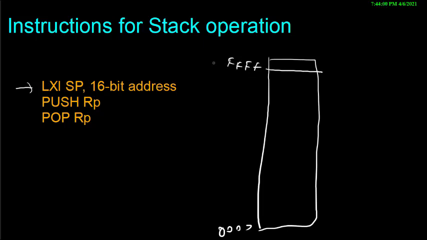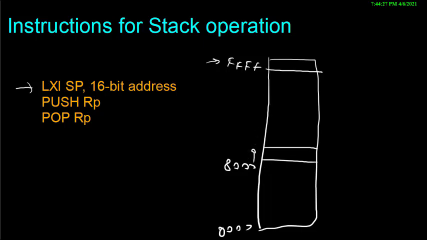Our program may start from, suppose, 8000. So suppose the read-write memory is available from 8000 to FFFF, then we initialize the stack pointer to the highest available memory location. The reason is that our program grows linearly from 8000 ahead to 8001, 2, 3,